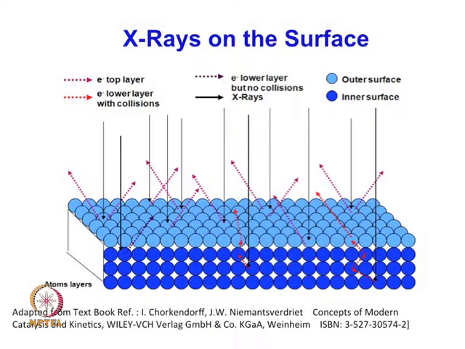The electrons, or the X-rays which have gone in, may come out without collision, unlike here. So, this is another type of reflected beam. This is the electron from the lower layer with collisions like this, but here the number of collisions may be less, or may not be in this zone, the second layer or bottom layer. This is the electron which has been released from the top layer. So, all these are the X-rays which strike the top surface and are then released here.